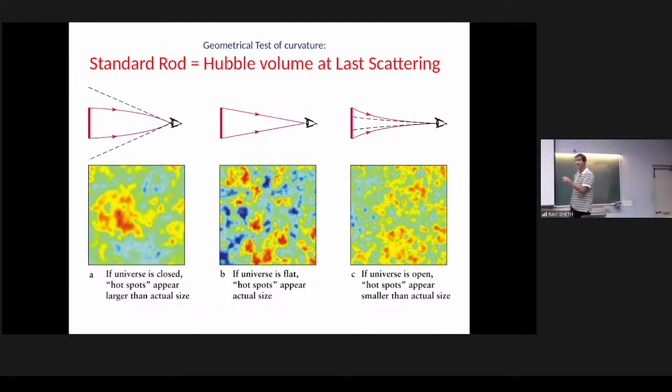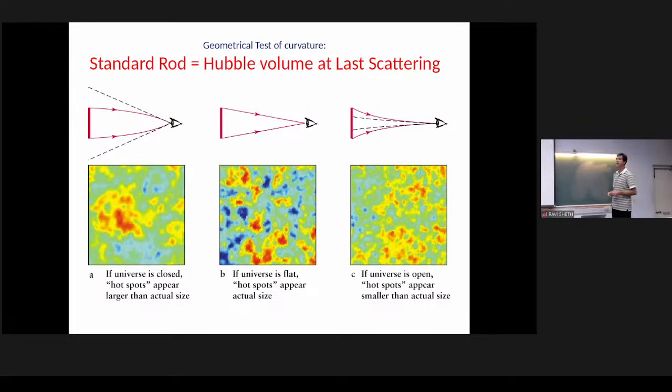And so the way the CMB gets used as a test for the geometry of the universe is to say, we know the size of these spots in kilometers. Given a model for the universe, we know the distance to the time when this happened. And so now we can ask,